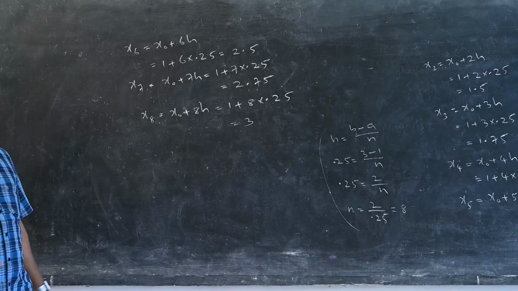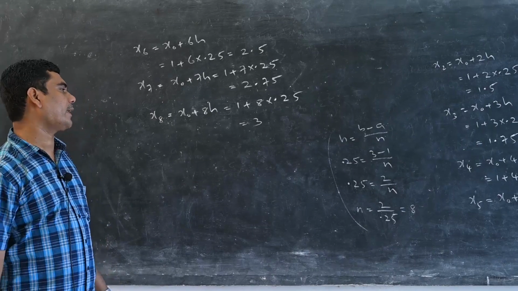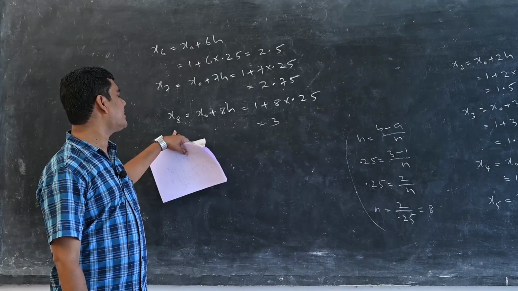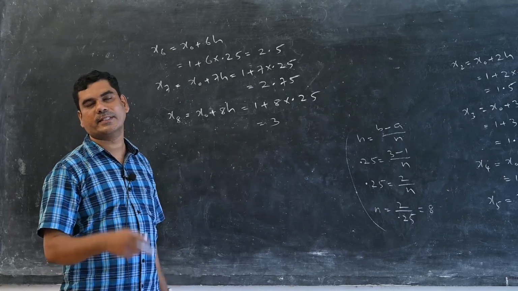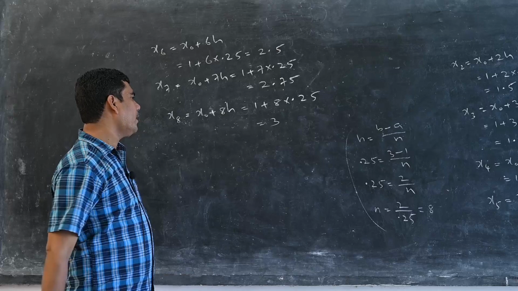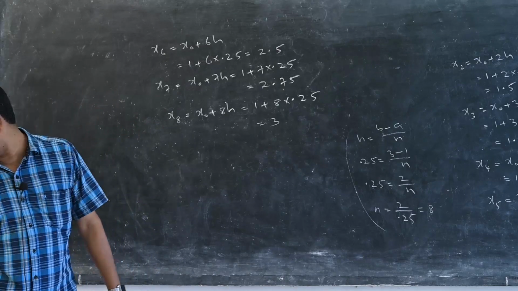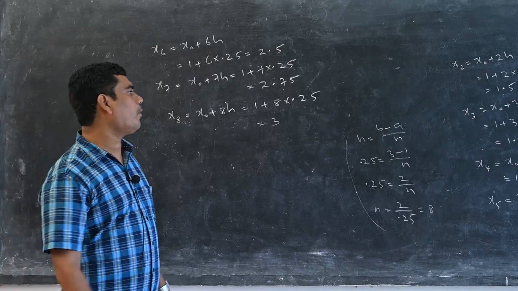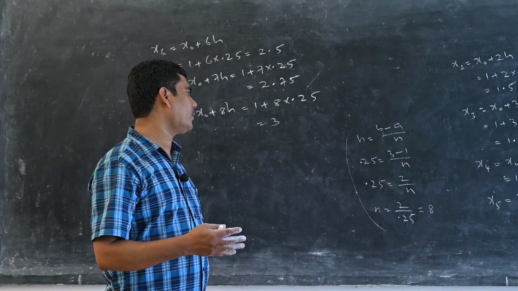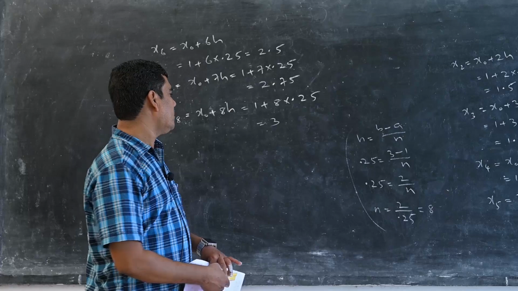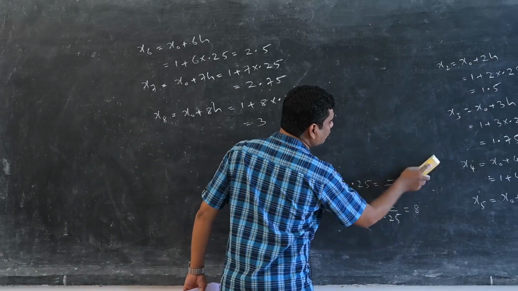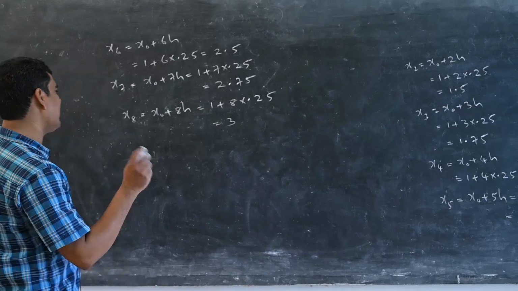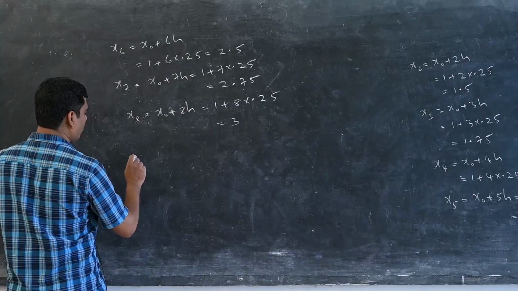So we have reached the upper limit of integration. b is equal to 3. x8 is equal to 3 is equal to b. This is the upper limit of integration. So we stop here. Now we find values of the function at these points x0, x1, x2, x3, etc., x8. Find values of the function at the endpoints of these subintervals. That is, now y0 is equal to